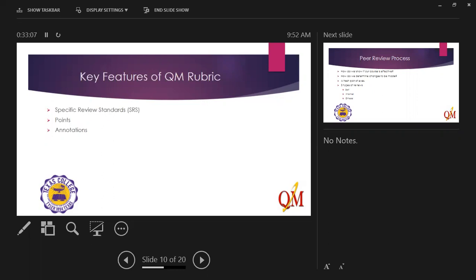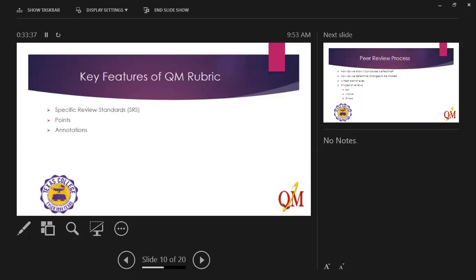You're going to do that for every course, depending on how you have your course structure. So you don't just do it for one chapter and think that you're done. No, it's for every chapter or every unit or every module within the course, because at the end of the day, once you implement one specific review standard, you simply repeat that for subsequent